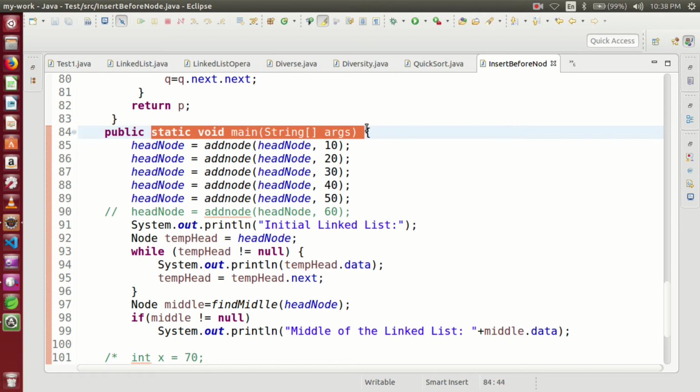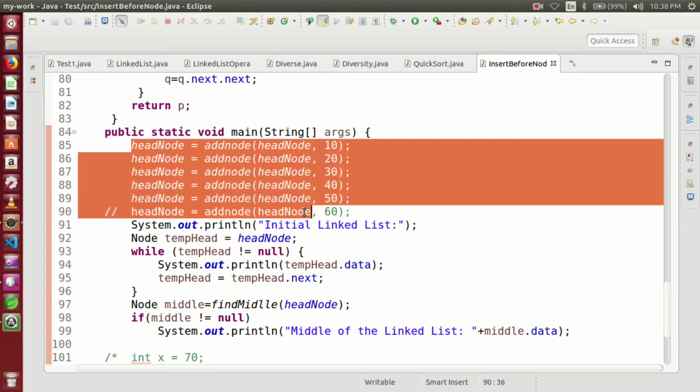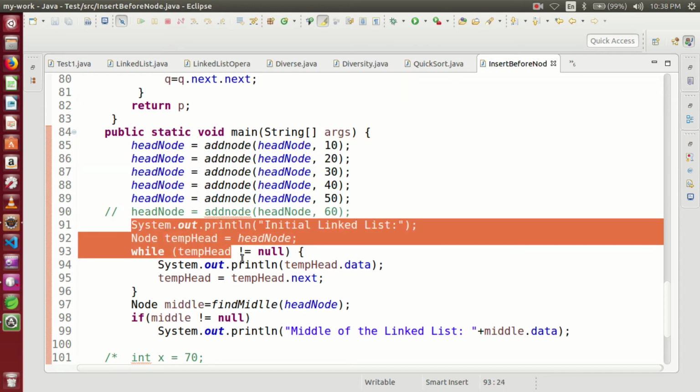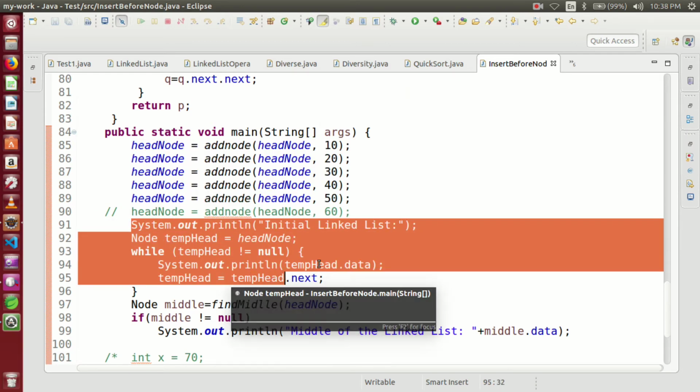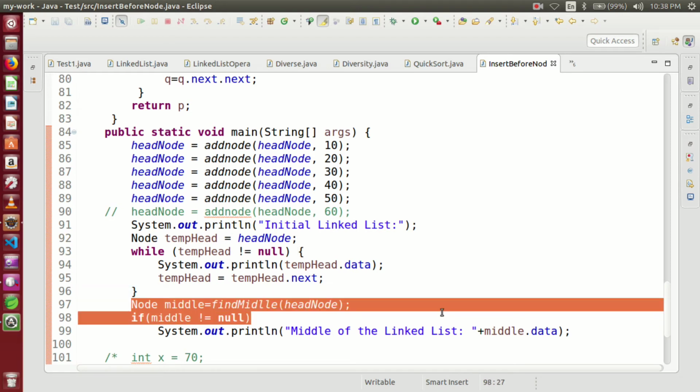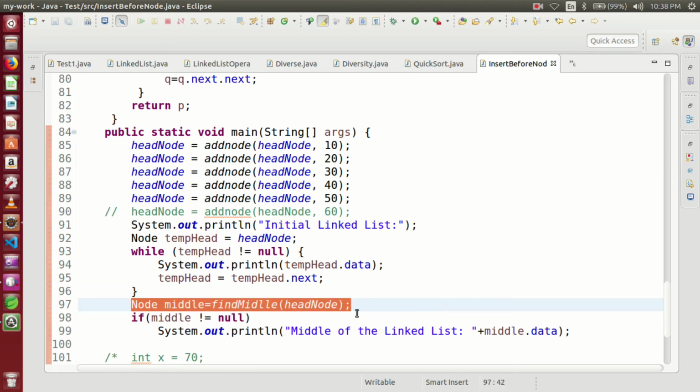So here in the main method we have created one linked list with the element 10, 20, 30, 40 and 50. After that we are printing the linked list. After that we will call the find middle method. In find middle method we will write our logic.